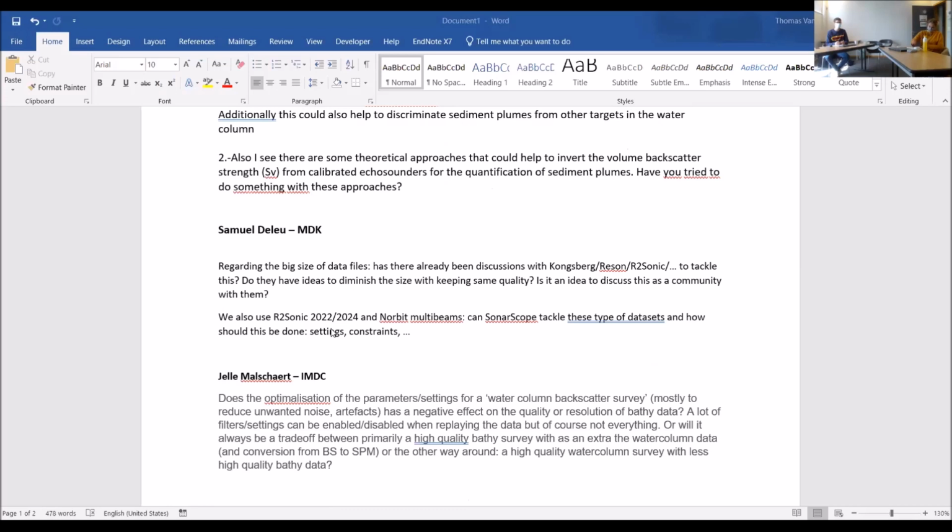I think from our side, we haven't had this discussion yet with them, but we have had this discussion with Jean-Marie, which is then, of course, at the processing side of the workflow. So maybe Jean-Marie, you can elaborate a bit on what you just told before about the new NetCDF format. Yeah. At first, for the raw data, the .all, the KML, or the S7K, for me, nothing has